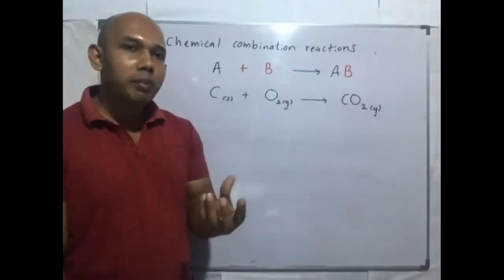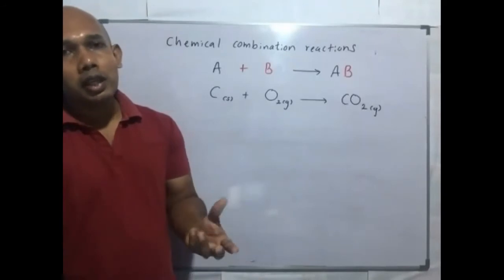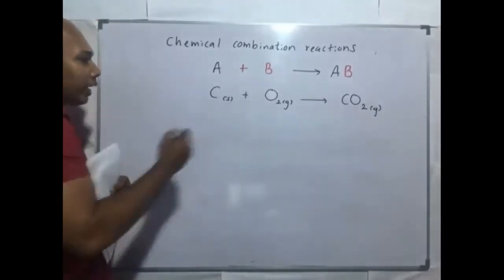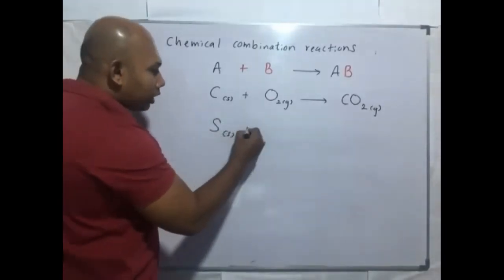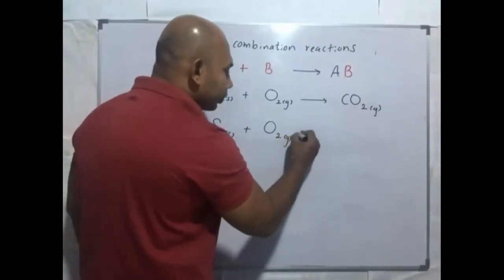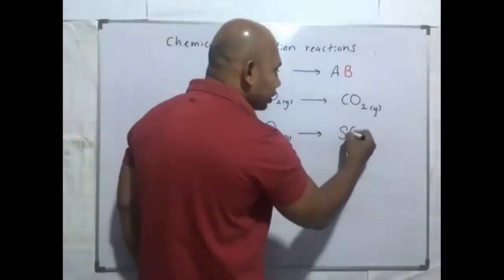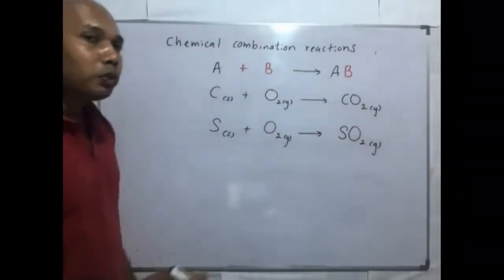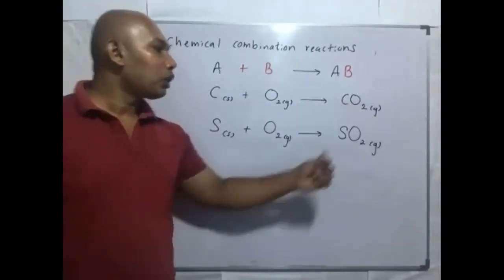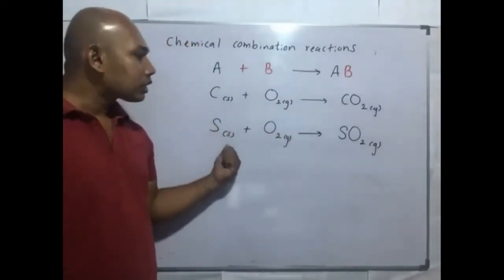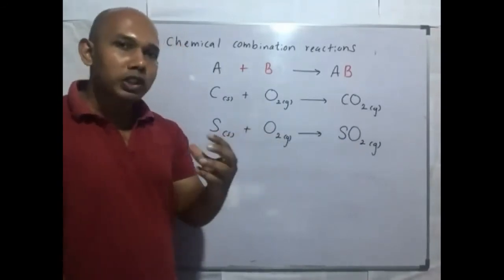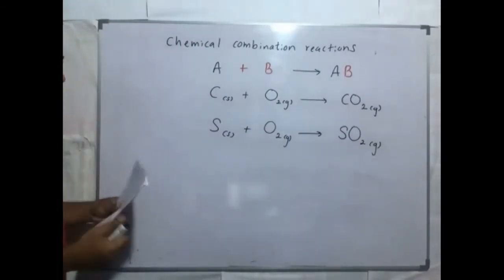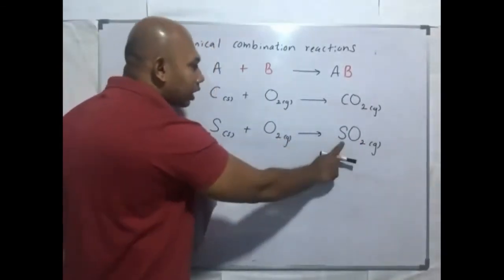As well as producing a pungent smell, because sulfur dioxide has a pungent, we call bad, smell, right? The reaction next one, sulfur solid, O2 gas. Product is sulfur dioxide SO2 gas. Colorless gas, but flame is blue color. SO2 is a colorless gas, but when yellow sulfur burns with oxygen gas it produces a blue flame. Then 2 oxygen, 1 sulfur to 1 sulfur.